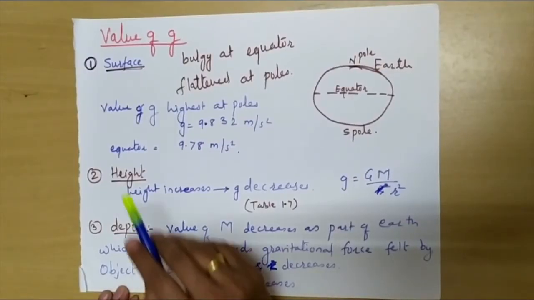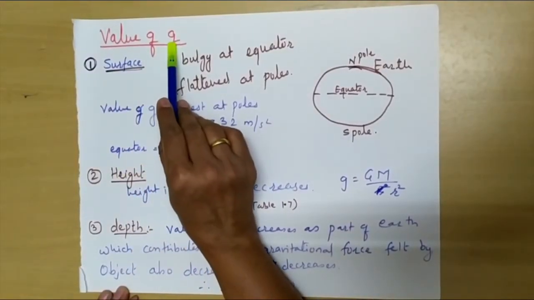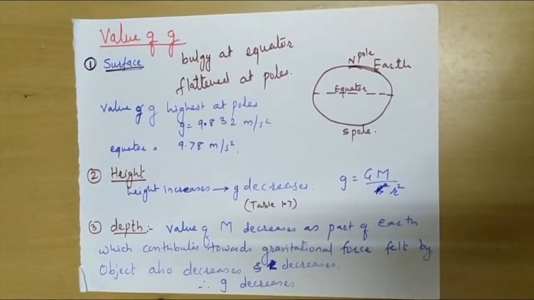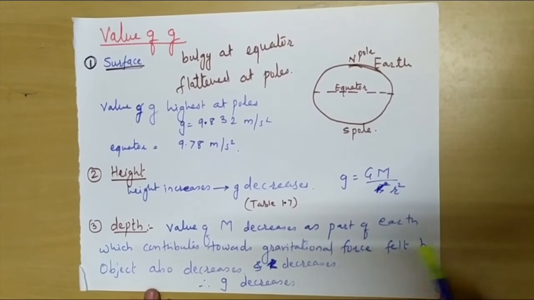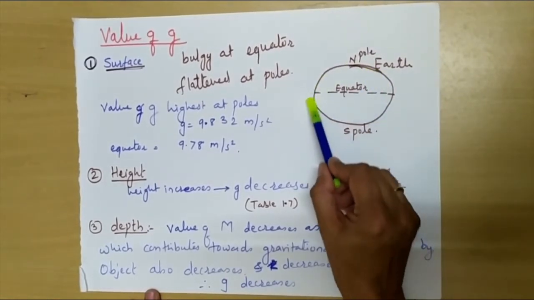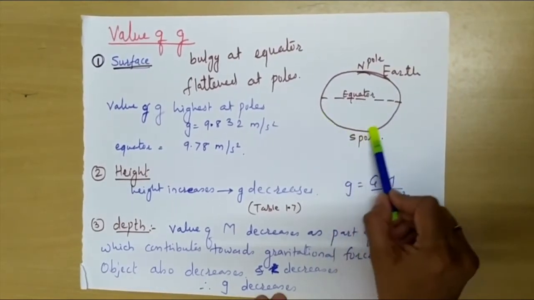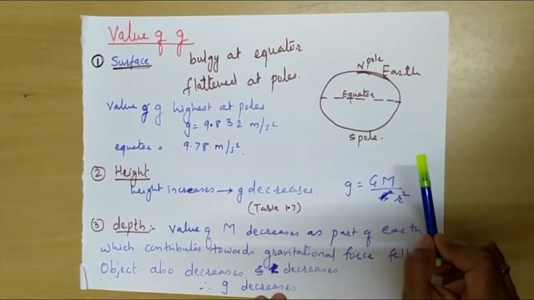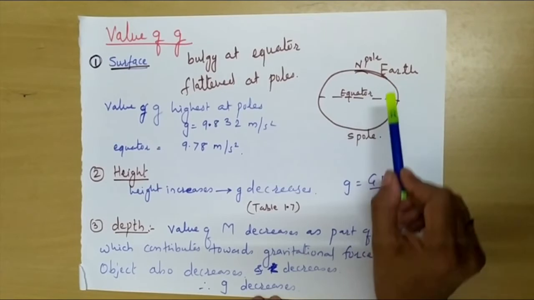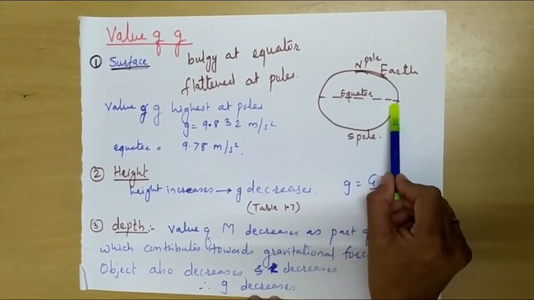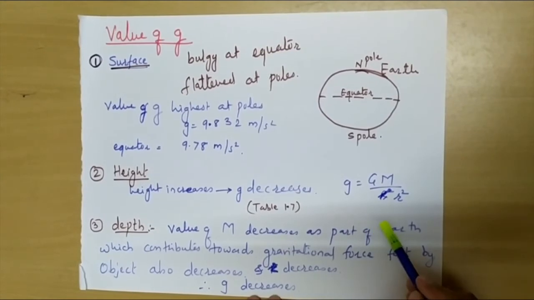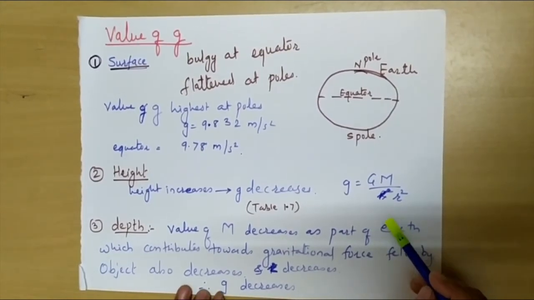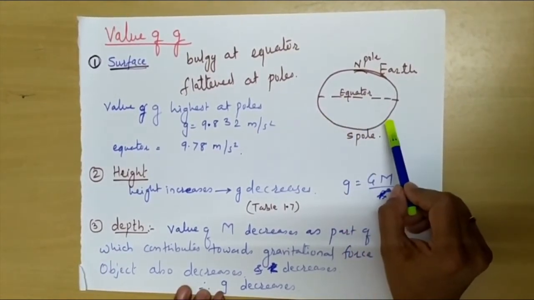Now let us consider the value of g. How to calculate the value of g, or whether the value of g remains the same everywhere on the Earth. It does not remain the same. Why? Because our Earth is not an exact spherical shape. It is not an exact sphere, but it is bulgy at the equator and a little bit flattened at the poles. So due to that, if we see the value of g on the surface of the Earth,